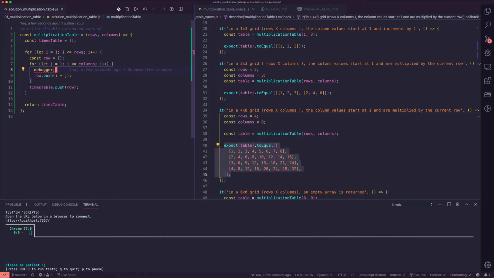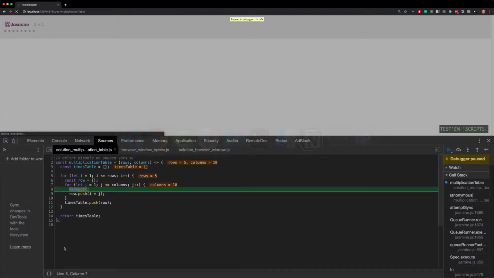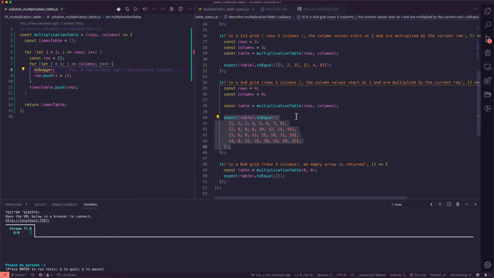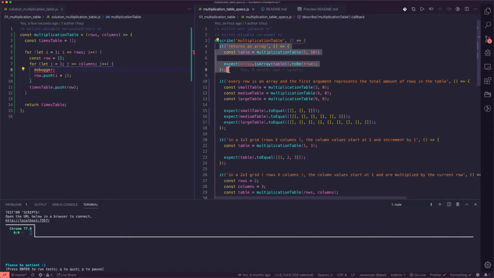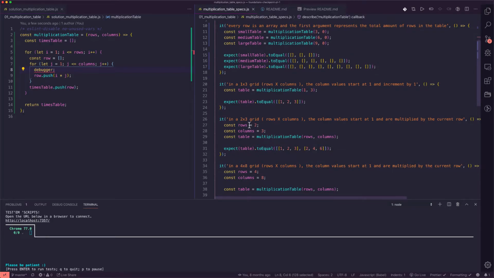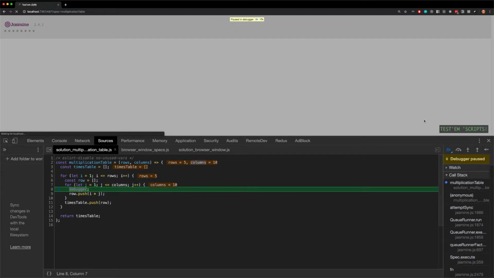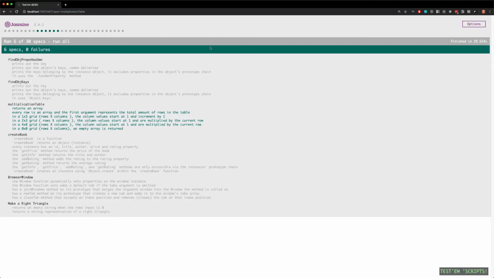Save it, and since we have Testem running in the background, we can go into our test specs and inspect what's currently happening. Here, notice the argument passed in for rows is 5 and columns is 10. If we try to find the test spec that has that, it's our very first test spec here. But we don't necessarily want to run this first spec. We want to maybe run the 3rd spec or the 4th spec. So to do that, let's close out of our test specs and pick one that will give us a good visual,